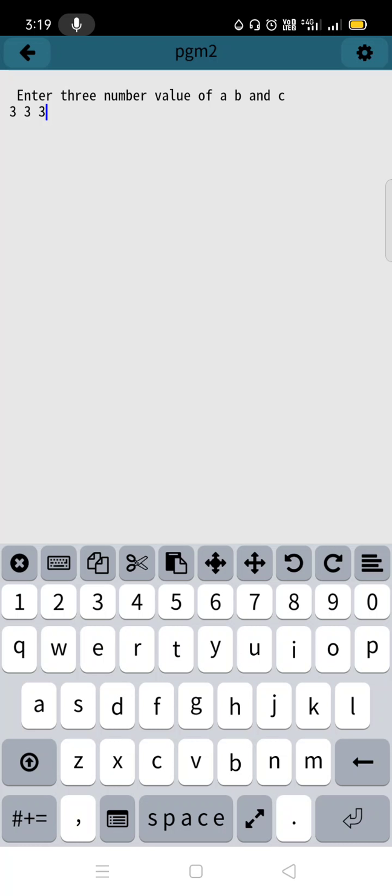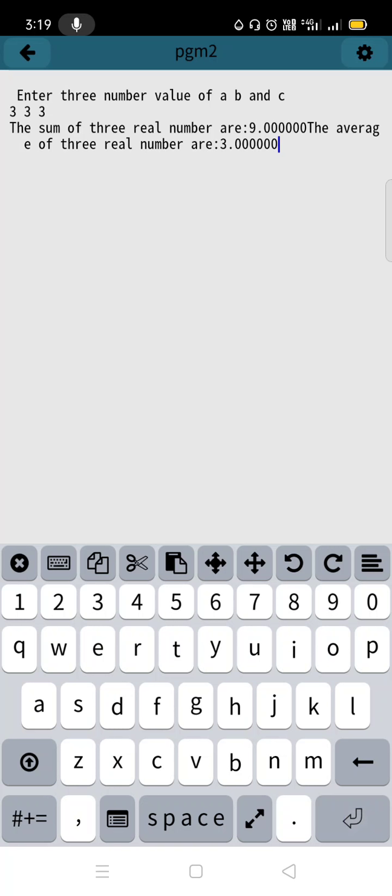And the average will be 9 divided by 3, which is 3. Now press enter and check whether the answer is correct. Yes, the sum of the three real numbers is 9, and the average of three real numbers is 3.